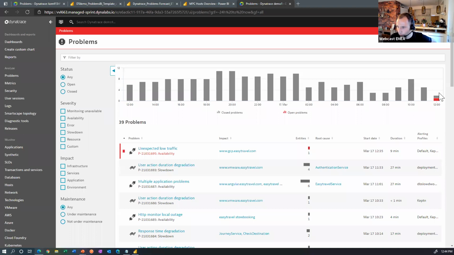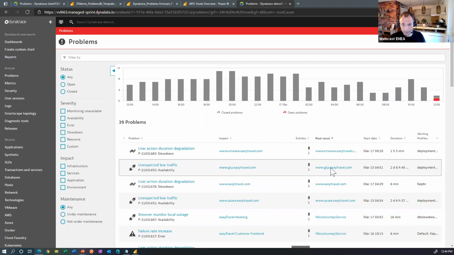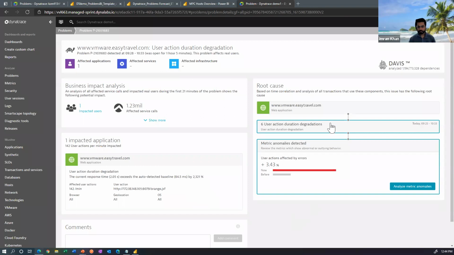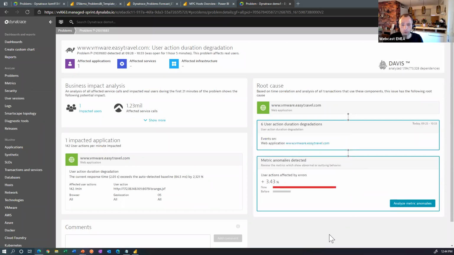Now, the question that just came in was on a Dynatrace problem itself. When Dynatrace detects a problem, can it also detect the change that caused that problem? So for instance, you're deploying a new version of an app, you're making a configuration change. Can Dynatrace then also correlate and find the root cause of that problem to be a deployment or a configuration change? And the answer is yes. If you open up any of these, for example this one, then here under the root cause section